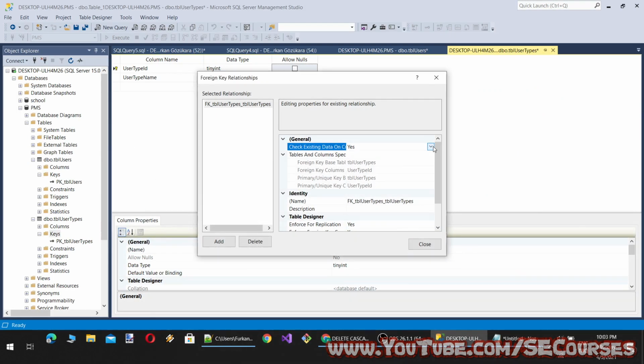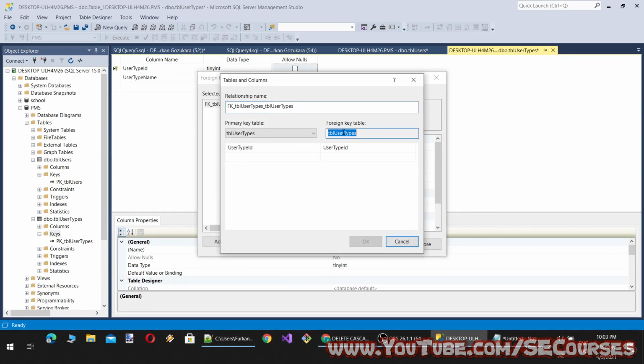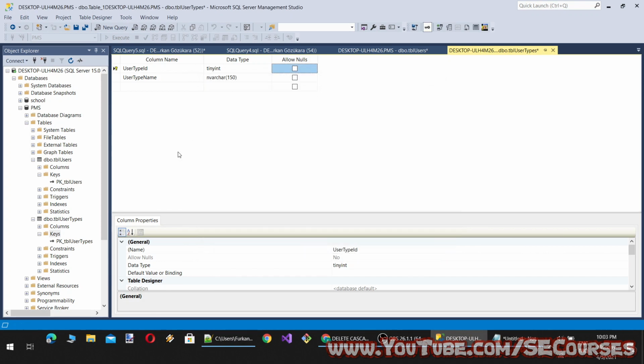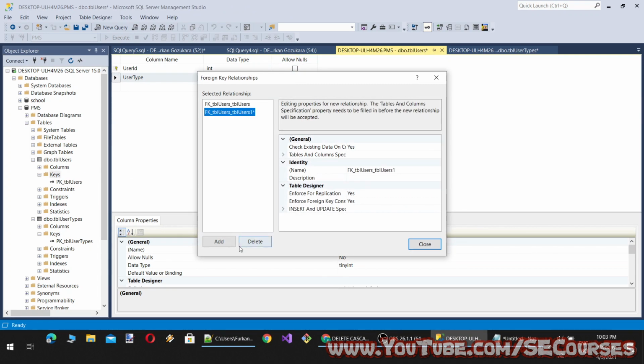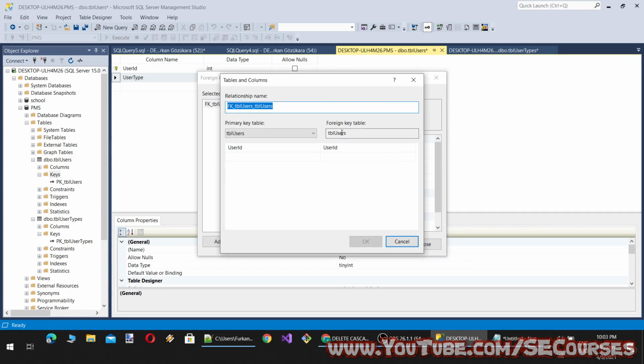I have to be able to select another table here. So TBL, but I'm not able to change it. So let's try from here. Okay, primary key table will be, I think yes. Now I can change it.